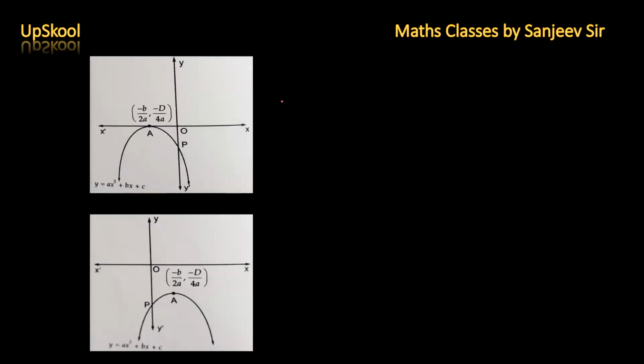Okay, next question here. First of all, the graph is opening downwards. So a is less than 0, a negative. The graph is cutting the negative direction of y-axis. So c less than 0. c क्या हो गया? Negative. The graph lies in this one. Third quadrant,